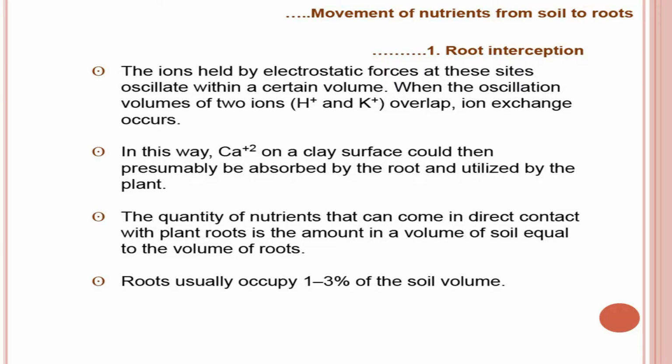And the last one and most important one is the deep and spreading, meaning these kinds of roots are ideal for higher interception of the nutrients. They are deep and they are spreading uniformly and they are covering a very large volume of soil compared to the other 3 classes of roots. And overall, roots occupy very small space of the soil, which is just 1 to 3% of the soil volume.